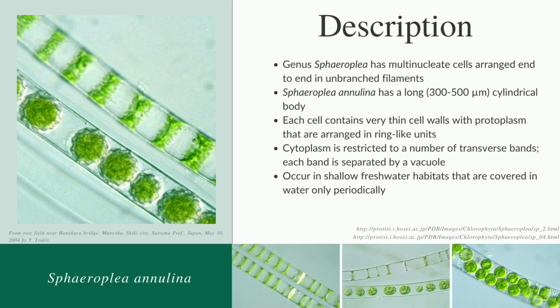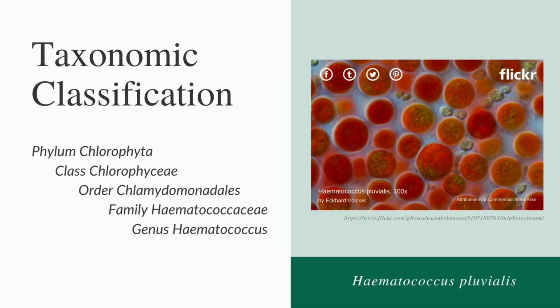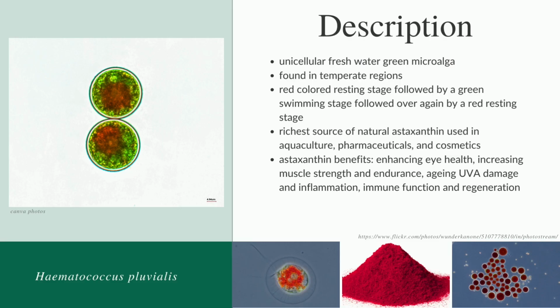freshwater habitats. Haematococcus pluvialis is from the family Haematococcaceae under genus Haematococcus. The members of this genus are green, astaxanthin-rich, and predominate in freshwater, brackish lakes, reservoirs, and ponds. As you can see, pluvialis appears red when it is at its resting stage, then turns green eventually when it is at its swimming stage. This freshwater green microalga has the richest source of astaxanthin, which is a phytocarotenoid with various benefits used in aquaculture,